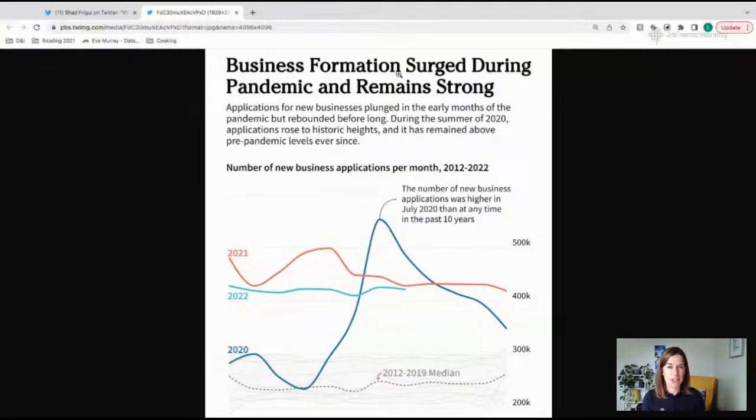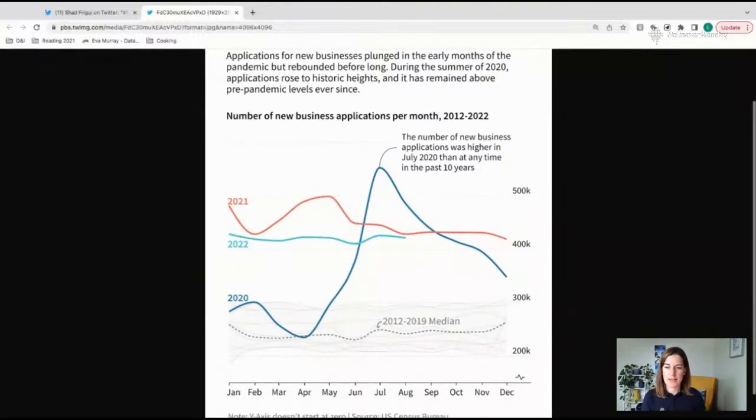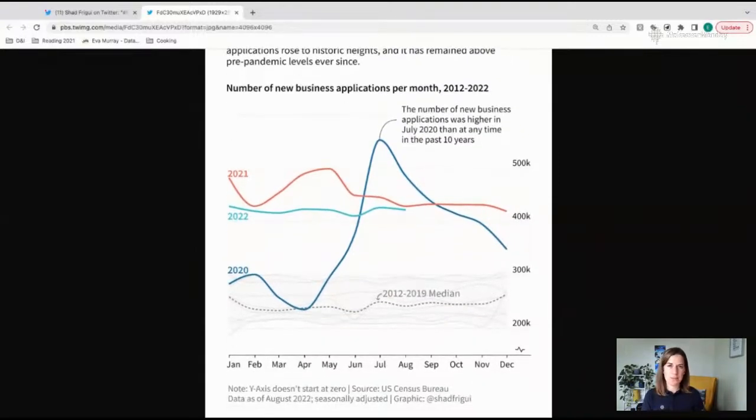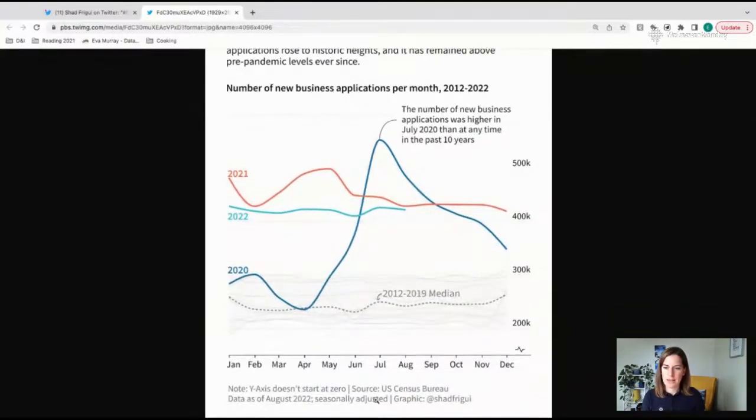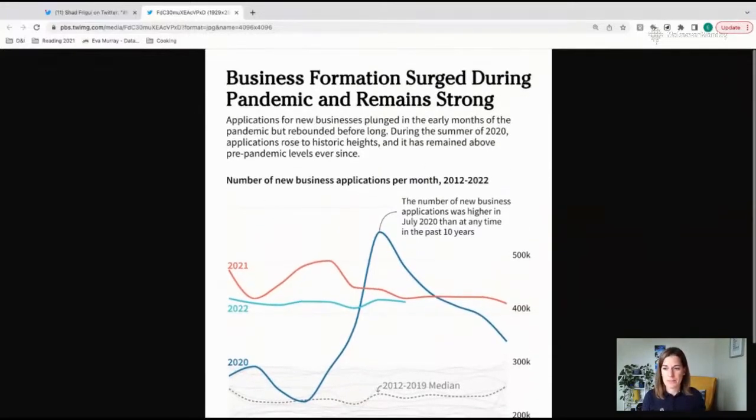You could say business formation in the US because it is just US data. And I think the US audience will feel more interested because they know it's something about their environment, but everyone else will also know it's about the US. And it's not mentioned anywhere that this is only for the US except for the source. And of course, if it's the US Census, I will assume it's US data, but maybe they have data on other stuff as well. So you need to put that in there.